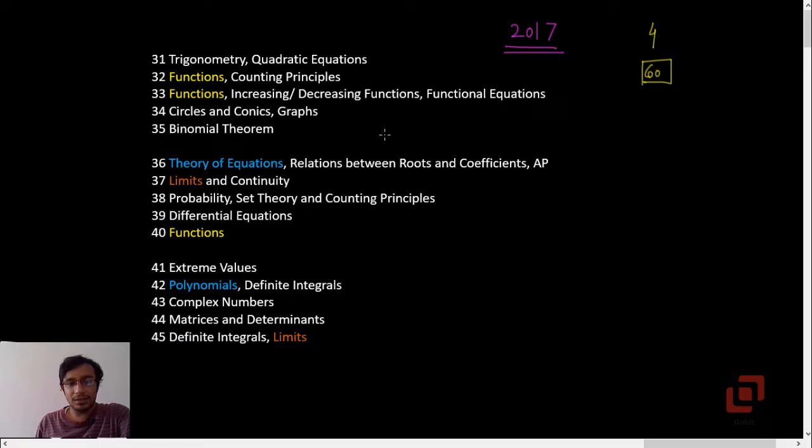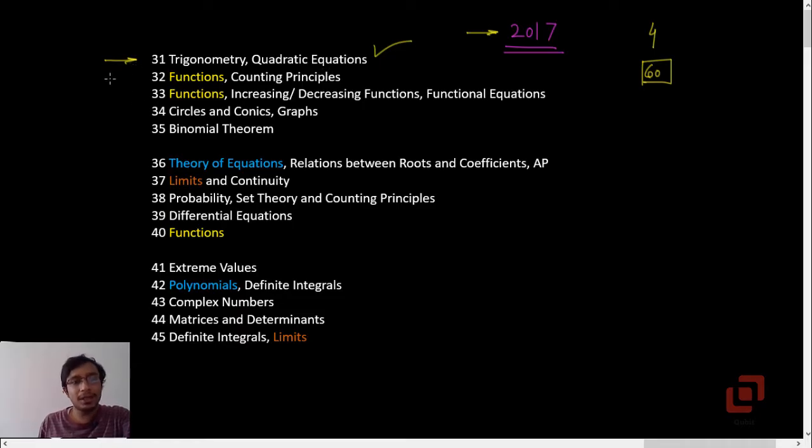So what I have done here is I have gone through the questions which were asked for this particular year, and for the paper which I could find, the questions were based on the following topics. The mathematics section was the third one. They call it section C. The first one was based on trigonometry, and you have to solve a quadratic equation at the end to come up with the correct answer.